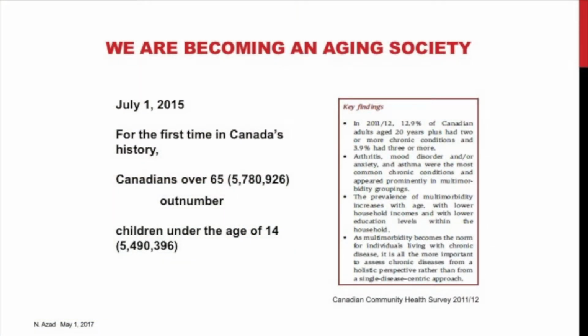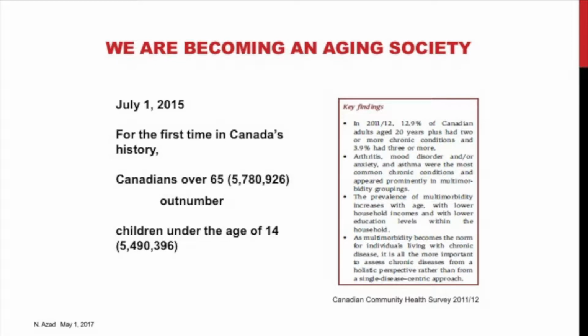So I guess you all know, July 1st, 2015, for the first time in Canada's history, Canadians over age 65 outnumbered children under the age of 14. So that shift says we are becoming an aging society. Looking at the Canadian Community Health Survey, the result was just published last year, the findings were that about 13% of Canadians,